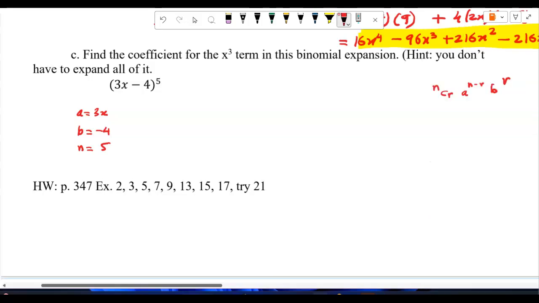Okay, that's my formula. That's my formula, I'll write on the side. So that means N is 5. C, I don't know what R is so far. 3x and -4. Now I want the coefficient of x cube. So if I put a 3 here,